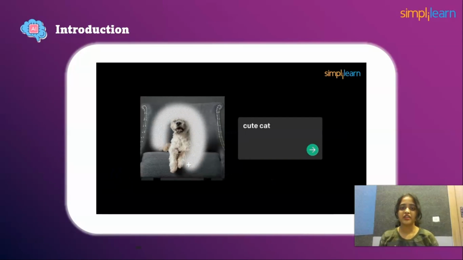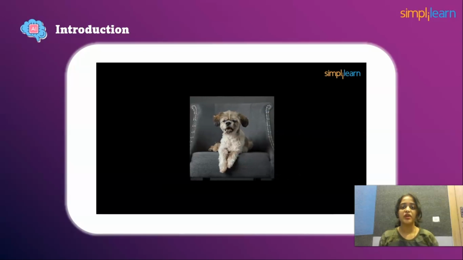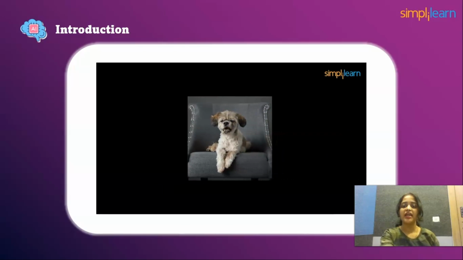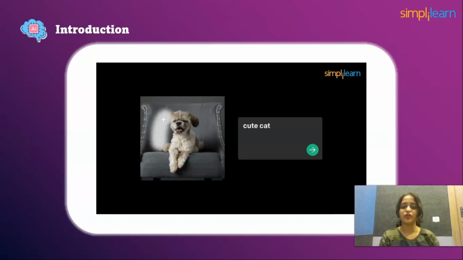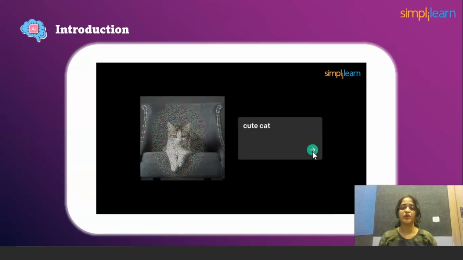Have you guys ever heard about DALL-E 2? DALL-E is an AI system that works mainly on image processing. It creates realistic images for you from text description. This is the famous AI model. DALL-E 2 can make realistic edits to existing images using natural language processing.